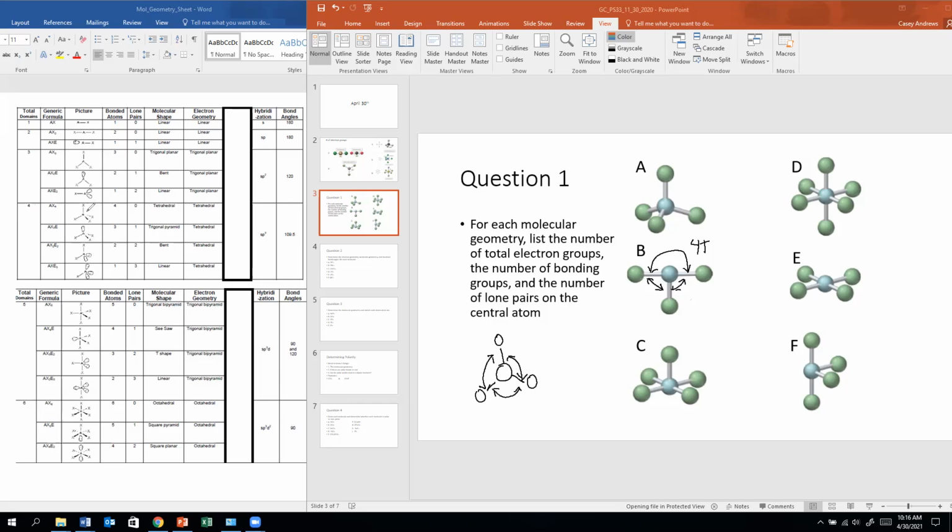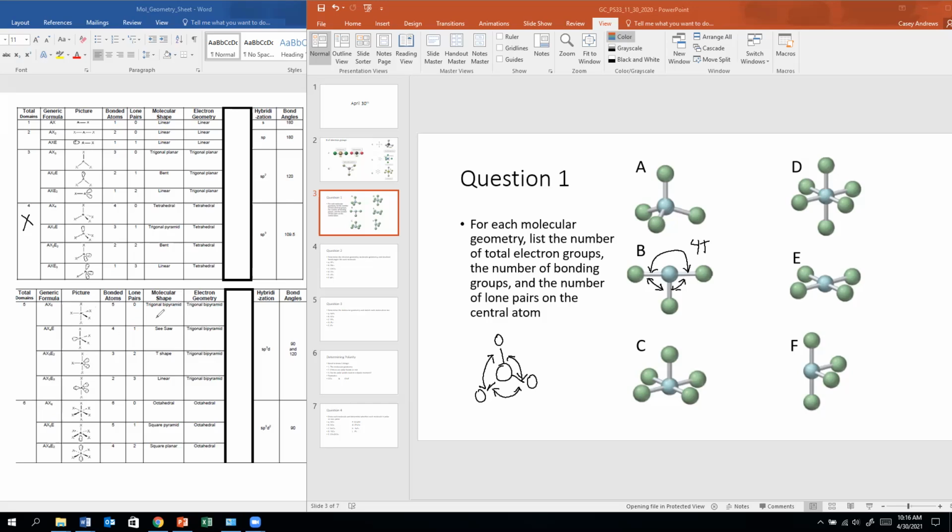And let's see if we can find a picture that looks like a T. So it's not AX4. AX4 doesn't look like a T. AX2E2 doesn't look like a T. AX3E doesn't look like a T. So for B, it's probably not 4 domains. Nothing looks like a T there. So let's go to 5 domains. That's not really a T. That's not a T. But this,